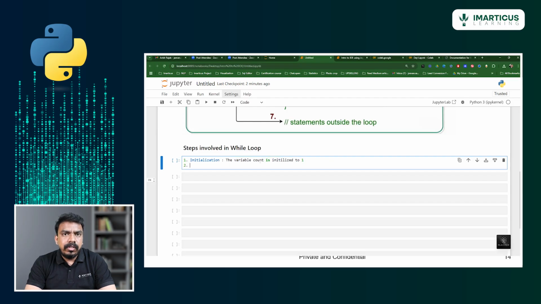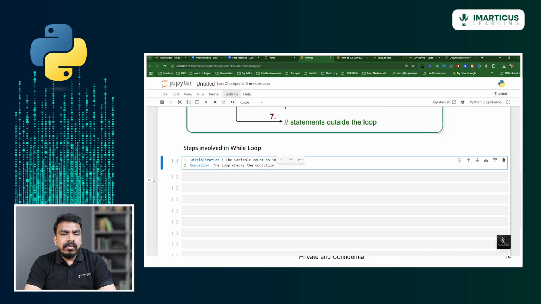So your next point is to write a condition here. For example, while performing loops, you want to have a condition. The loop checks the condition, like less than or equal to 5.